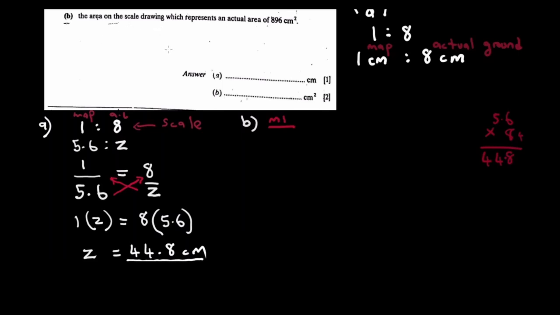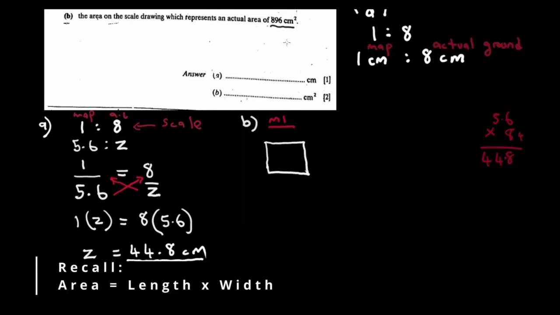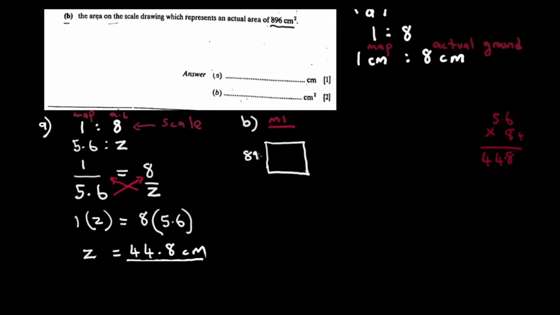the area on the scale drawing, which represents an actual area of what? 896 square centimeters. What does this area mean? If we are to represent it graphically, so we are having this, right? In order for us to have an area of 896, taking into cognizance that area simply means length by width, it means we should have a length of 896 centimeters multiplying 1 centimeter,